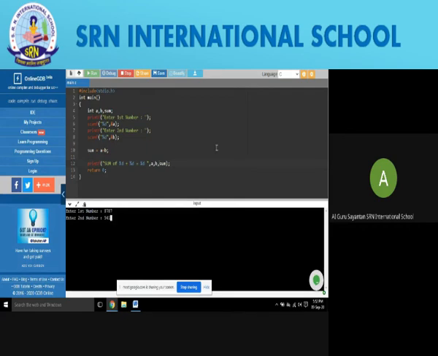Now if we press enter, see what will happen. So now it will show the numbers that you have entered for first number and second number. In place of first number and second number, what value you have entered, it will be showing over here, and you can easily see that whatever value we used for them, it's coming over here along with the correct answer of sum. Understood, everyone?